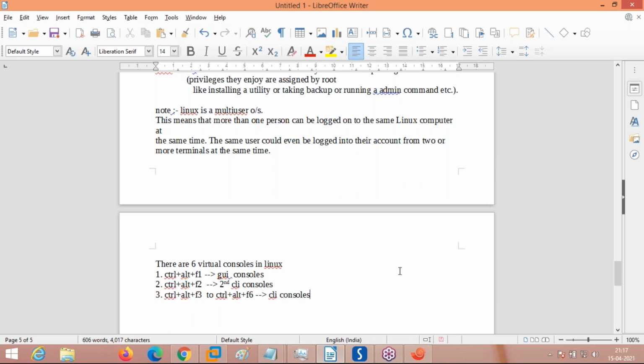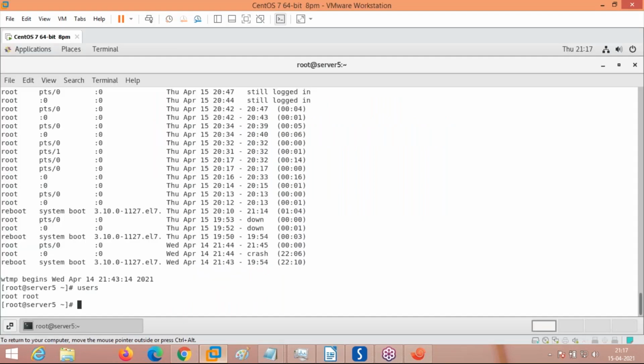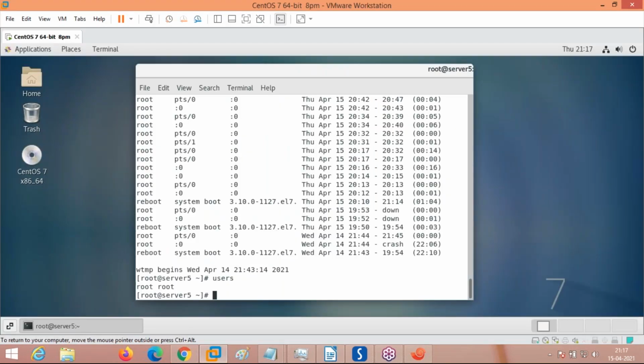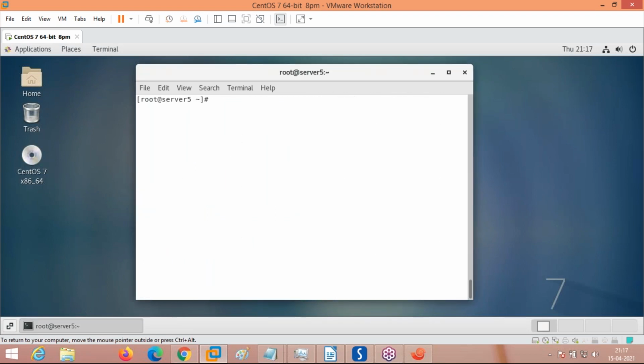Okay, I will show you these things, but first how to actually go into them. Currently, I am in a graphical console. Now I want to log in as a client from a virtual console. I am pressing Control Alt F2. See, now I have switched over to the second console. In Windows, this is not possible. In Windows, you can't get these consoles at all. Only in Linux and other Unix operating systems is this possible.